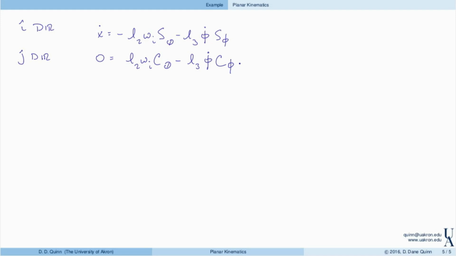So from the second equation I can solve for phi dot, and then I can use that back in the I direction equation to solve for x dot. So doing that,